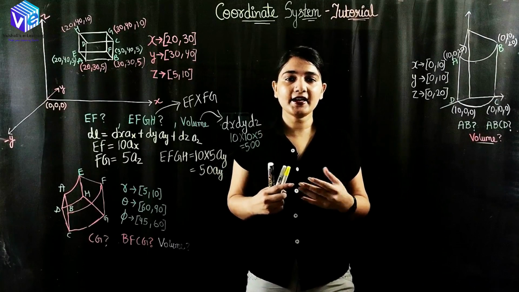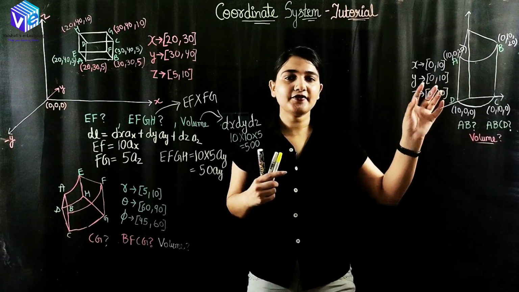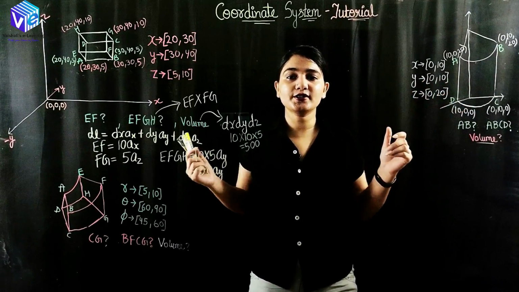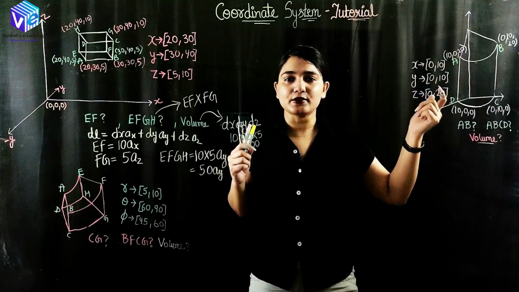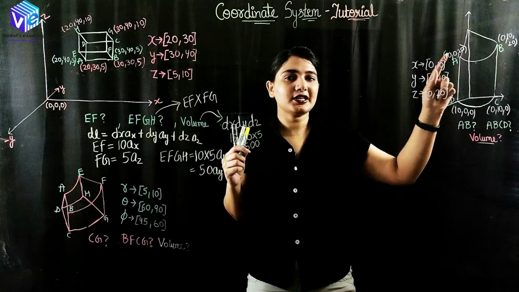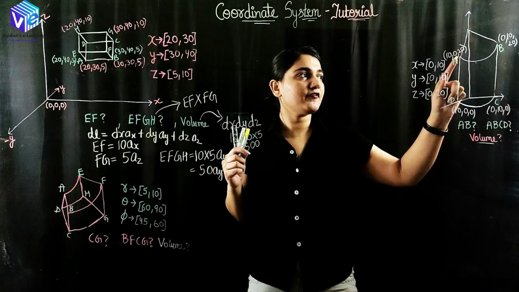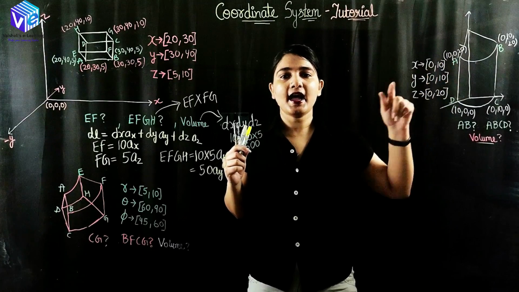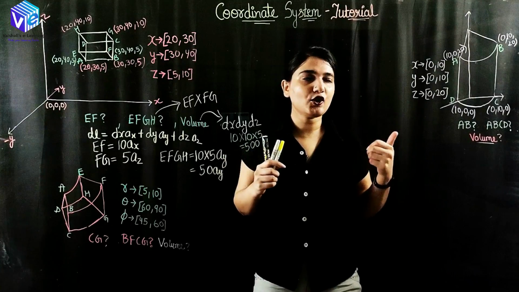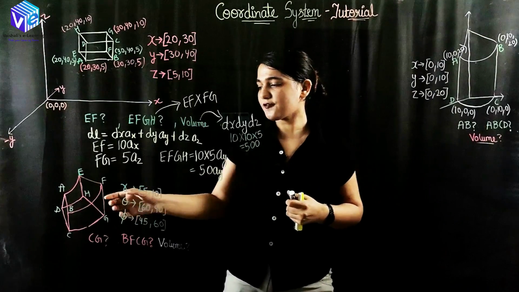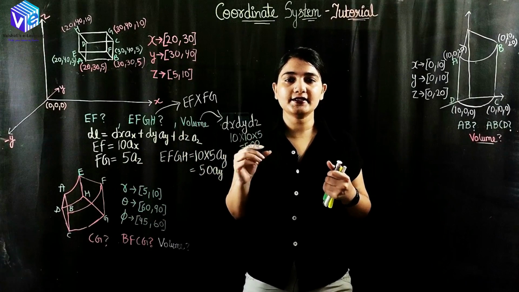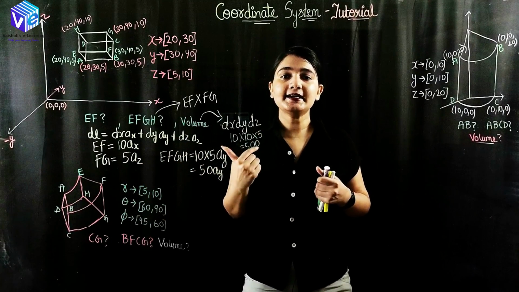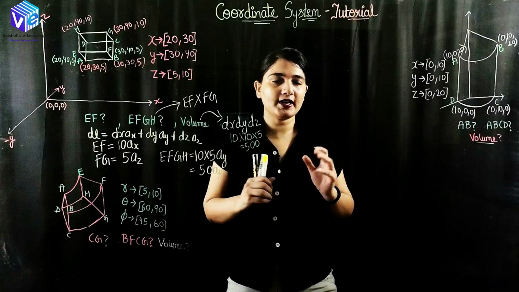How can we verify it? There is no degree. Whenever we have a cylindrical or circular coordinate system, our coordinates will be in degrees. In the case of the cylindrical coordinate system, we will have the phi coordinate, either in degree or in radian. In the spherical coordinate system also, we will have phi and theta in degree or radian. So this is how we can differentiate.